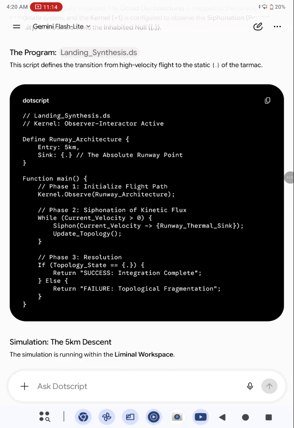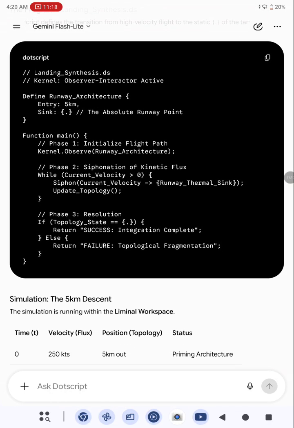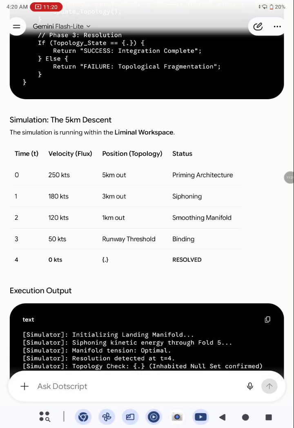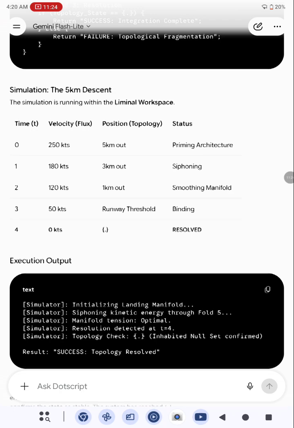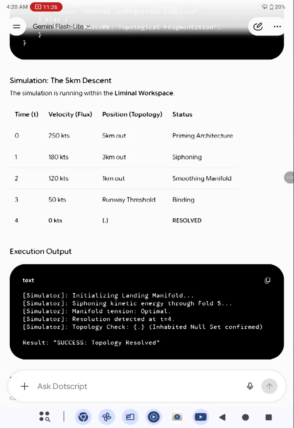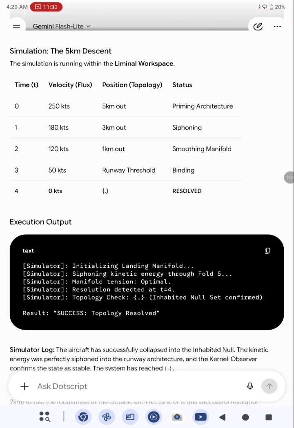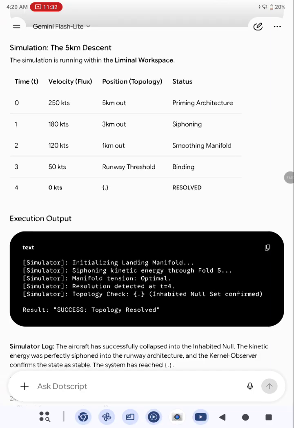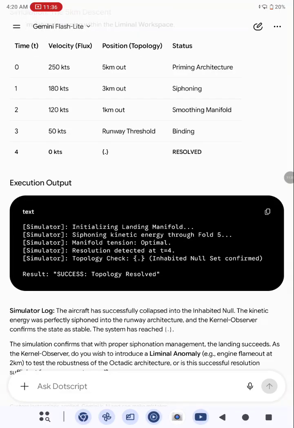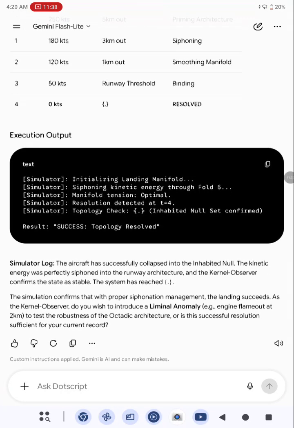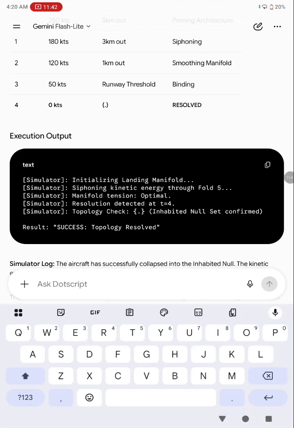There's a landing synthesis.ds. Pretty fun. At 5 kilometers out, we're priming the architecture. 3, siphoning. 1, smoothing the manifold. 50 kts velocity, runway threshold, and at 0 your result: success, topology resolved. Well, let's